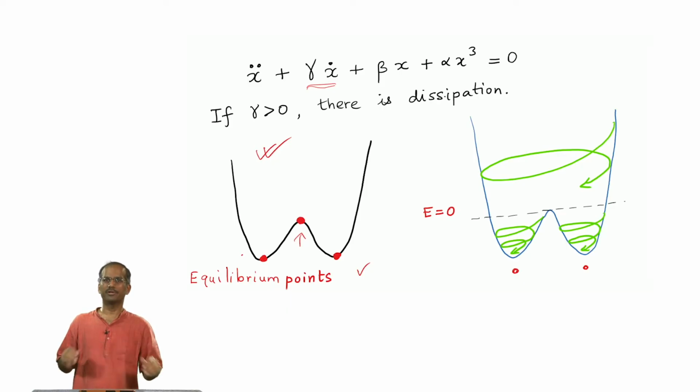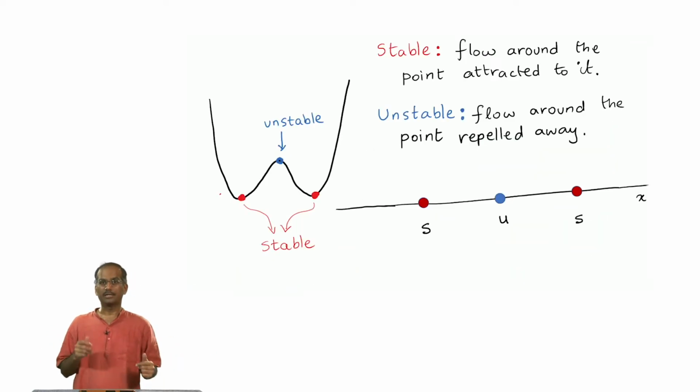So, that is an example of a stable equilibrium. But suppose you have a bowl with a hill-like structure, and you keep a marble there. You need to be really precise, otherwise the marble would just go down one side or the other. Which means that a little bit of perturbation around the top of the hill is going to take you far away from that point. Those are called unstable points, which means the trajectories around it are not being attracted to that point. So, that is what happens here.